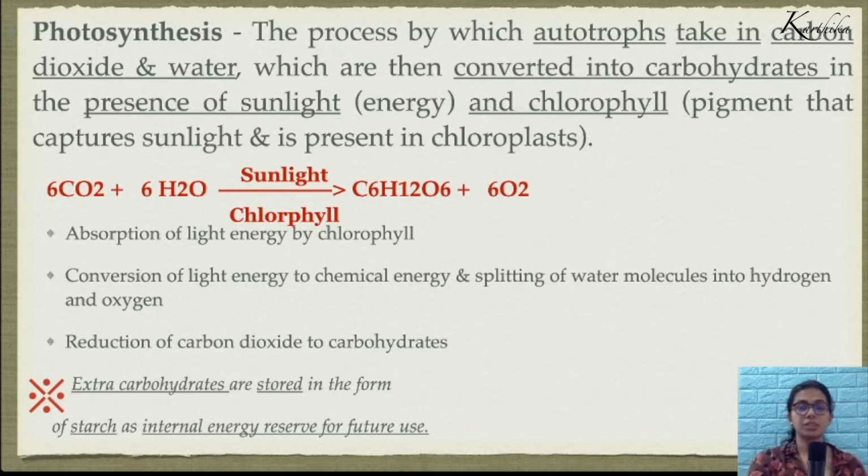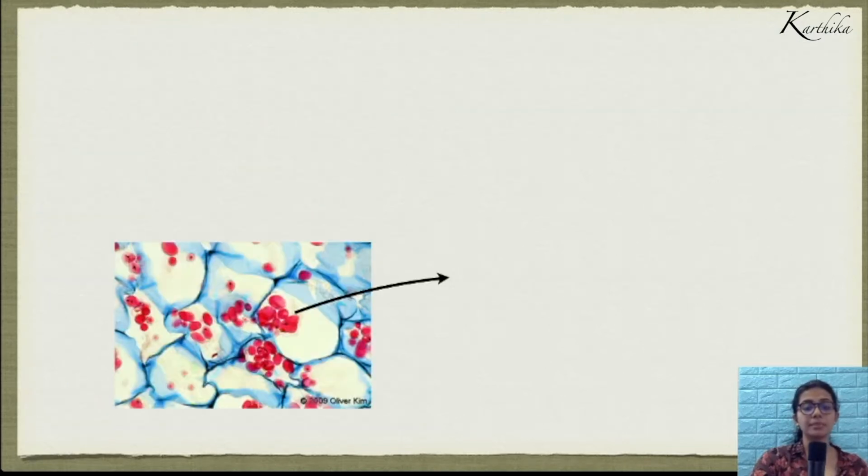This is an energy source for future use if and when photosynthesis cannot take place. If the plant is unable to do any photosynthesis and it needs energy, it uses this starch that has been stored before. So this is another important point that we must keep in mind while we view the activities being performed. We'll be witnessing activities that test for the importance of chlorophyll and the importance of carbon dioxide in photosynthesis. Before that, this is the picture of the starch granules inside the amyloplasts of potato cells.